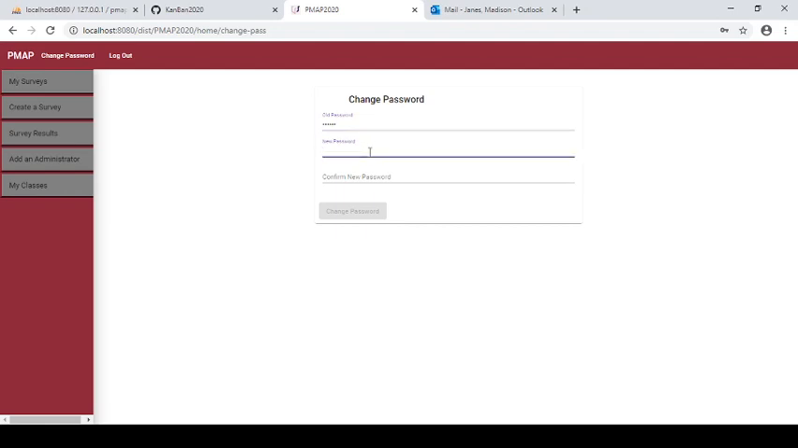So we're just going to make it something memorable, and it does check to make sure that it matches. Password is changed. Okay, so